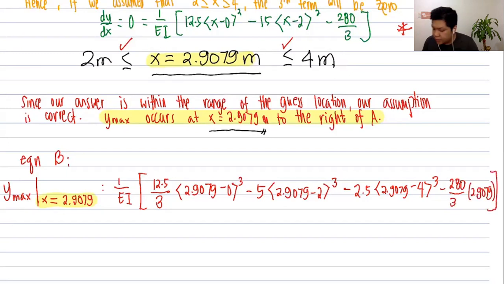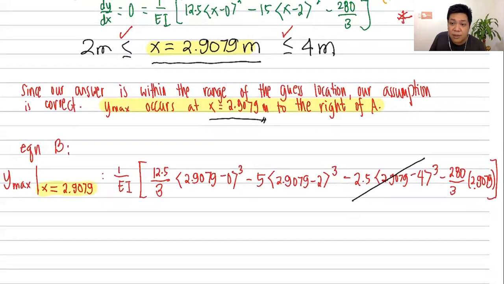C2 is equal to 0, so I won't include it in the equation. Kindly take note that this term over here becomes 0 because the value inside the bracket is negative. So once I evaluate, kindly confirm, this is negative